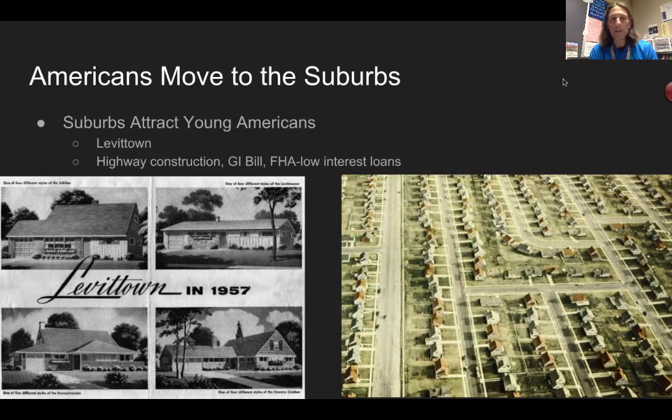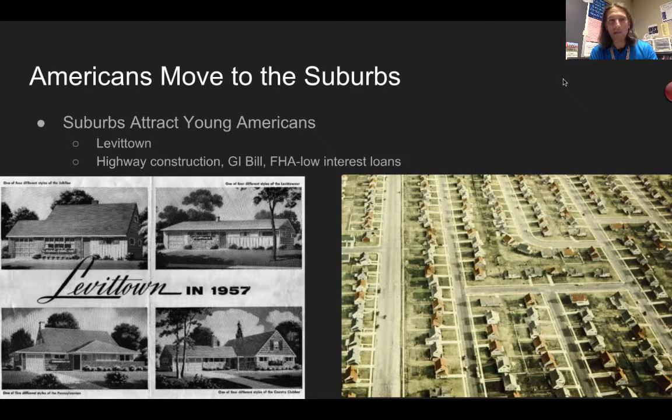So one of the things that is going to change is suburbs. When you look at a couple different factors, one is the GI Bill. Because the GI Bill allows veterans to get access to these low interest loans, they're going to look to build homes. And what's happening at this time too is there's a number of people, and Levitt is one of these individuals who realizes the opportunity here. He creates one of the first suburbs,